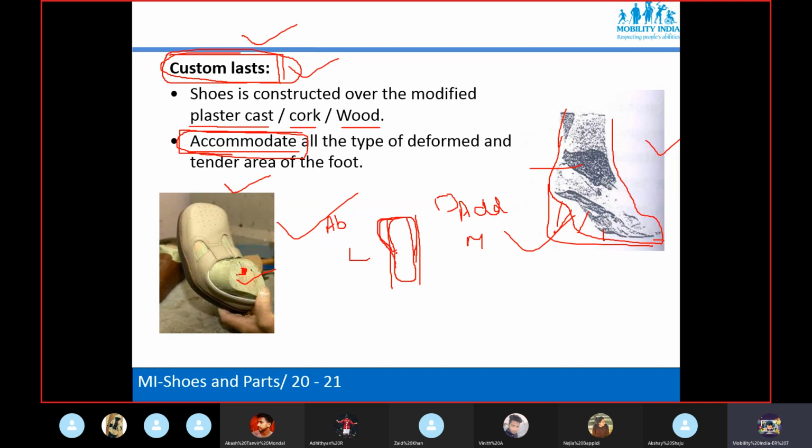I am taking the foot in a more abducted position. Means we are applying pressure with the shoe here, and we are taking this forefoot laterally. Means this is the over correction. From this midline, we are taking it more laterally. Understood? So if deformity starts developing also, then at least it will stop at neutral position. Okay, so that is the over correction. Beyond normal position, we correct it.